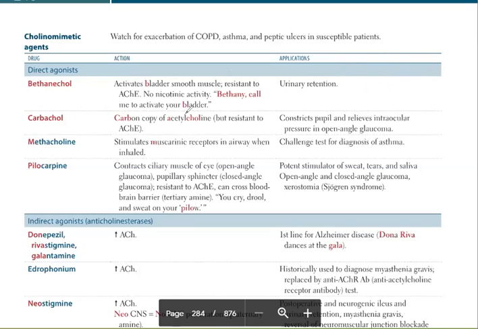Okay. And also you can remember, if you want to know about its effect when it's given in GI, it is not mentioned in your book, but you can write it down. It increases the GI motility. So there is a condition, mostly in children, you have heard of megacolon. Okay. What happens in megacolon is there is a set of nerves, a ganglion present